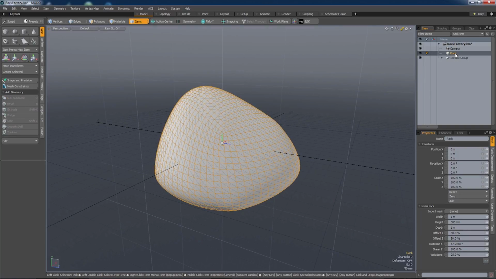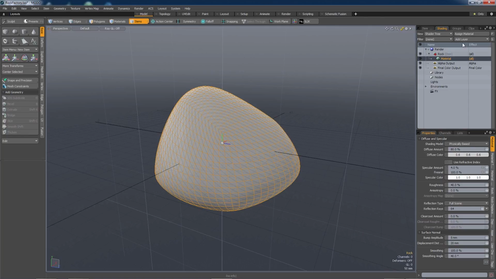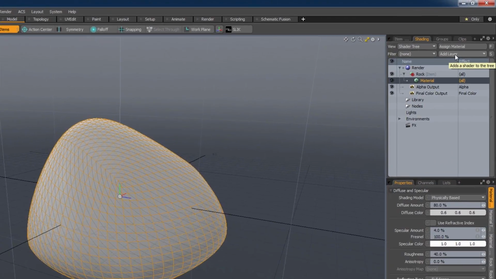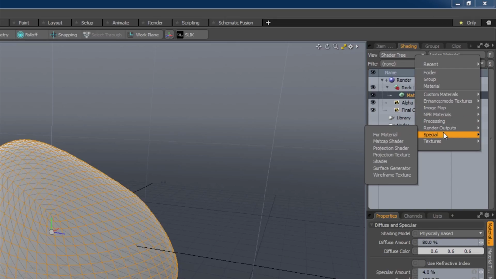First thing I'm going to do is add an item mask for the rock so that I can put some shading onto it. What I've found is quite an effective way of seeing the form of the rock is to use a matte cap shader. So let's add one of those in. It's a special item,